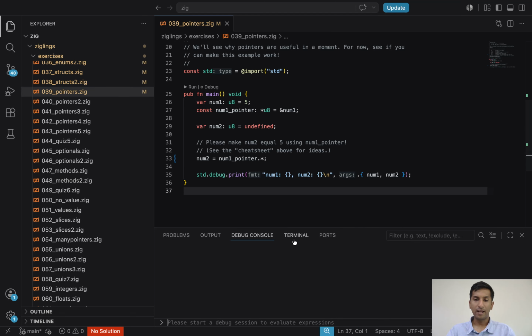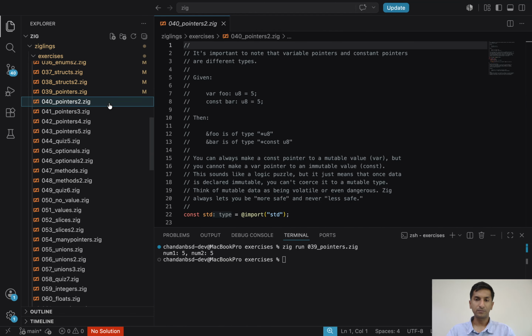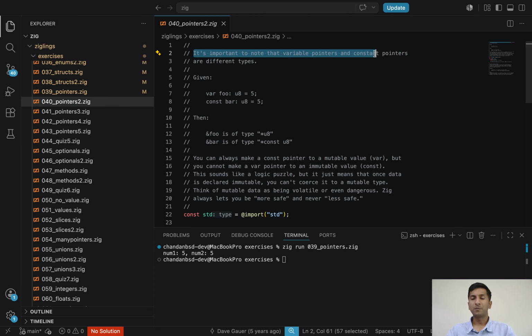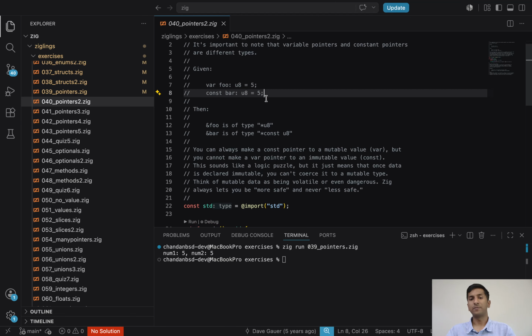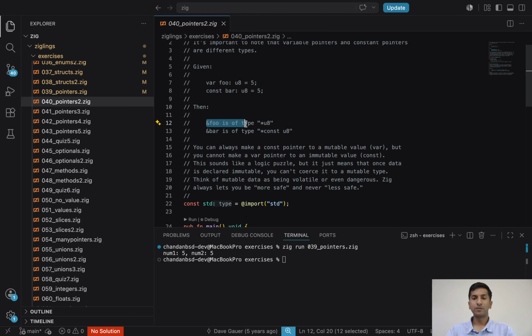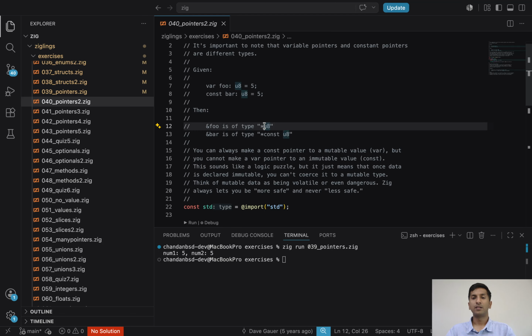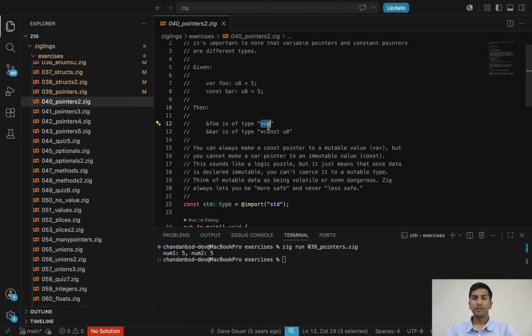Let's move on and we'll learn slowly. Second exercise. Now, it's important to note that variable pointers and constant pointers are different types. Given var foo is equal to unsigned integer of 8 bits, constant bar is unsigned integer of 8 bits, then ampersand foo is of the type